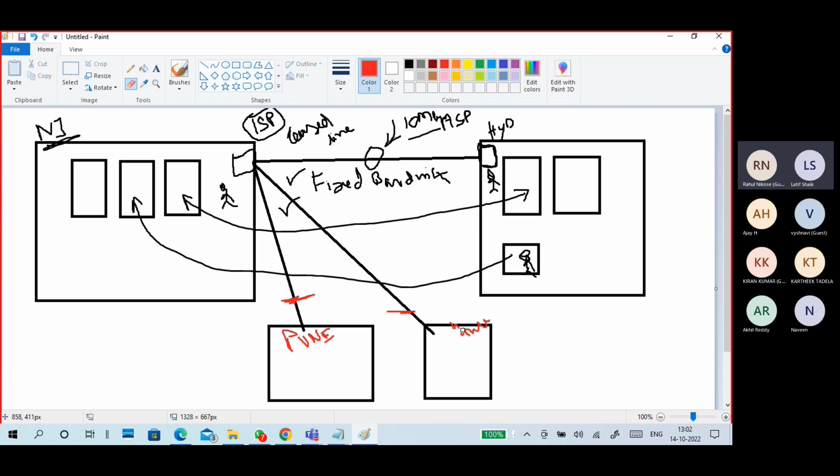I am working from my home, with no other equipment, just connected with broadband. If I want an ISP line for only one person in that office, one line has to be given, and it is costly. It is not suggestible to give to a home, and the person is not always staying in the same home.